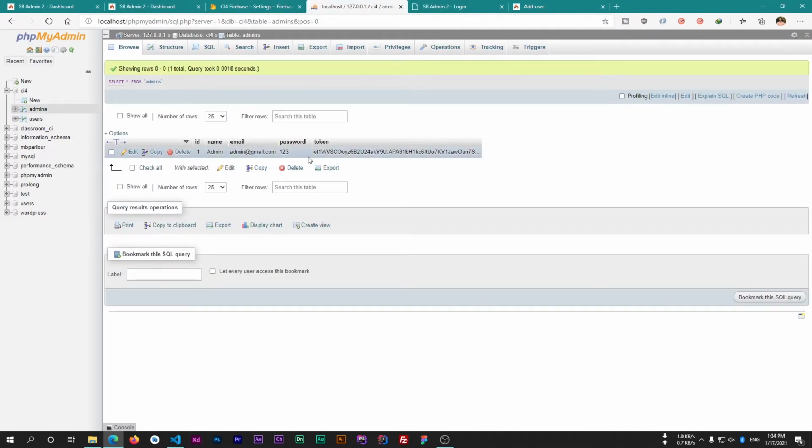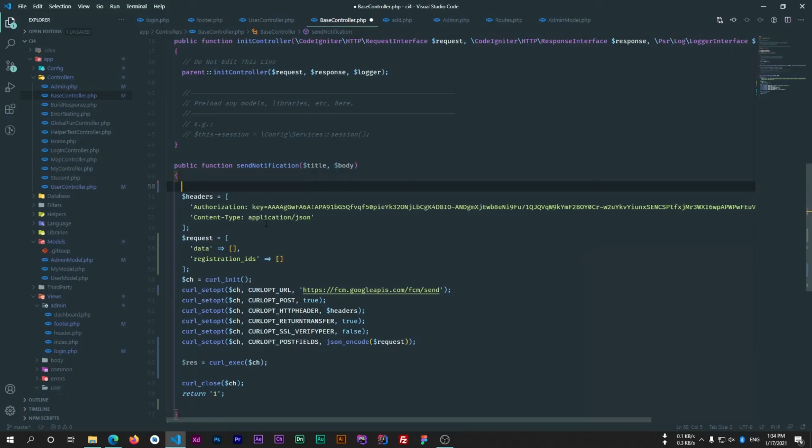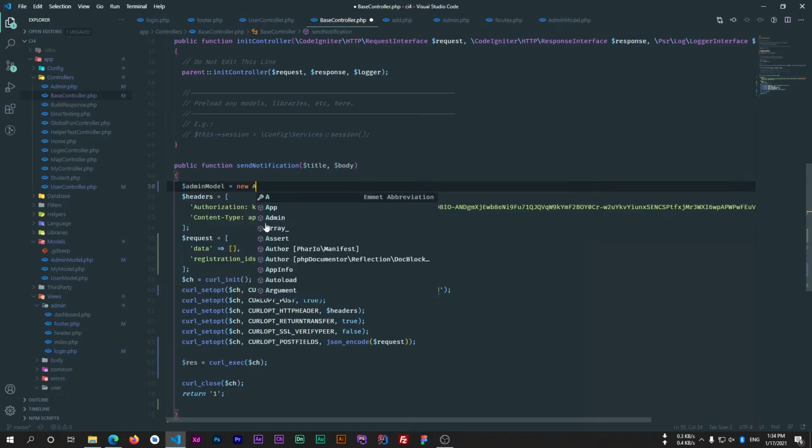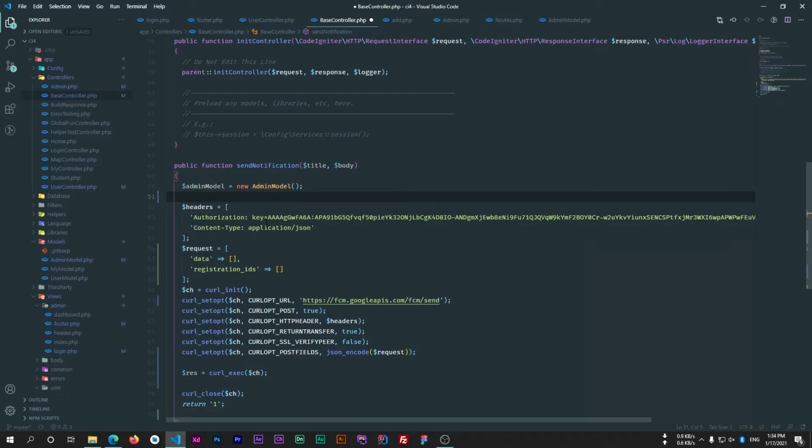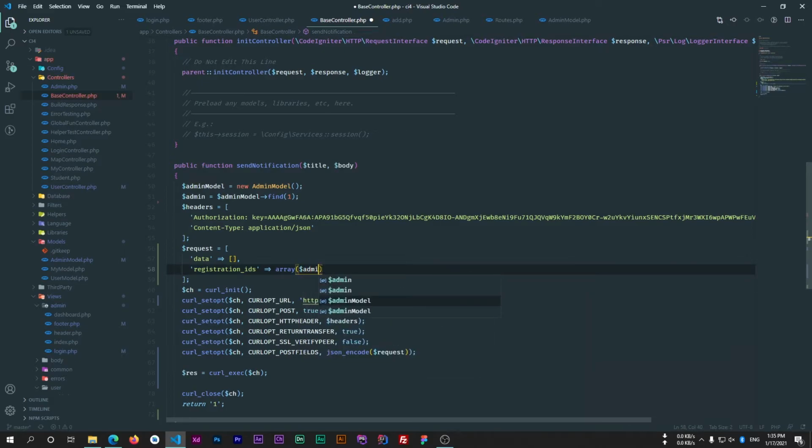So I'll simply get token of that admin using this ID, which means I can create an instance of admin model, and then I can get admin data from this admin model. I can find by ID, and ID is 1 in my case, and I'll save it in a new object. Now we can fetch token from this admin. So I'll use array, and I'll get token from that admin,